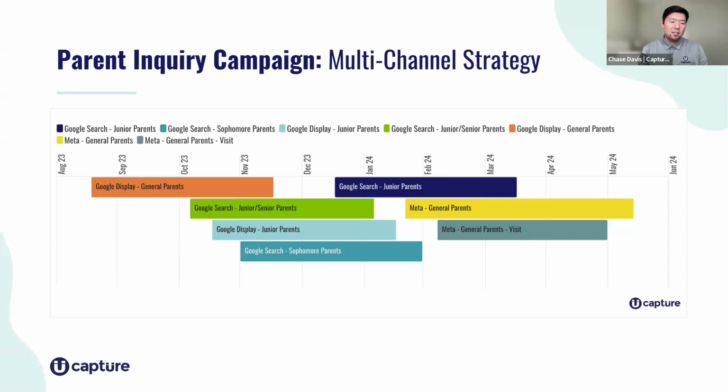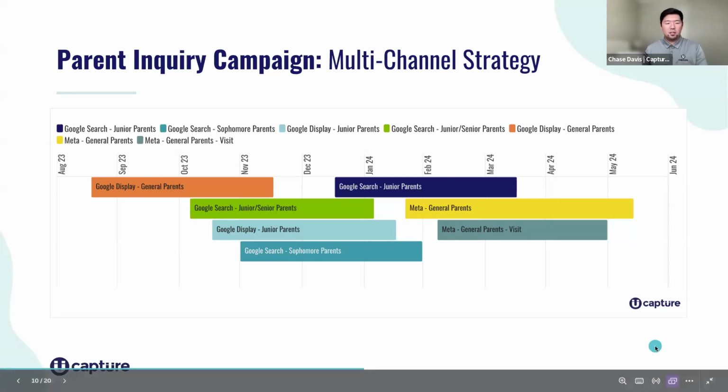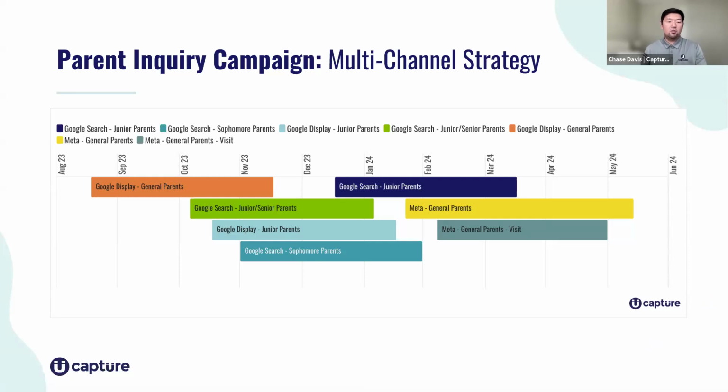But not only that, this is layered. You can see that we're targeting and using content that's talking to sophomore parents or potential parents of sophomores, and also seniors and juniors throughout the entire year. We know that that audience might see multiple ads, but we are also going to craft that content within the ad and the things that they are searching for in search ads to ensure that it aligns with relevant things that a parent of a sophomore may be looking for, visiting a campus, what type of programs you're looking for, and then also for seniors, college admissions, financial aid, scholarships. What are the deadlines? So we are layering that approach across multiple different channels.